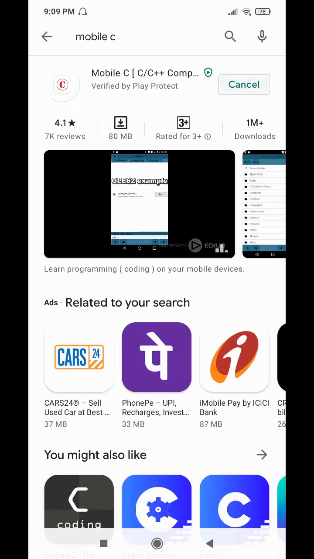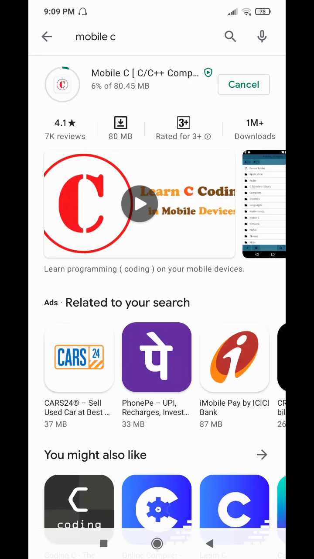So click the install. It will take a few minutes to install in our mobile. So this is a very comfortable app. We are able to create a folder, a separate folder for your